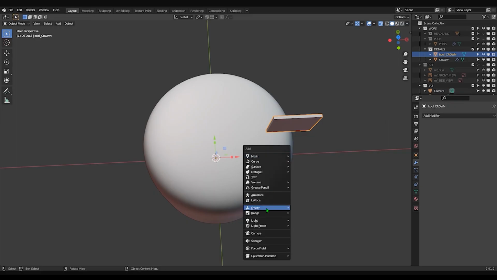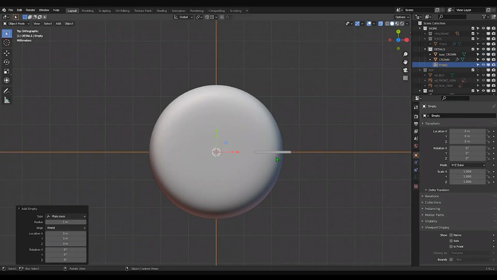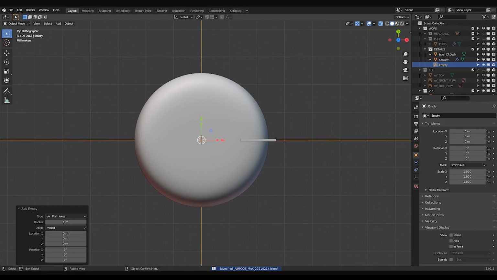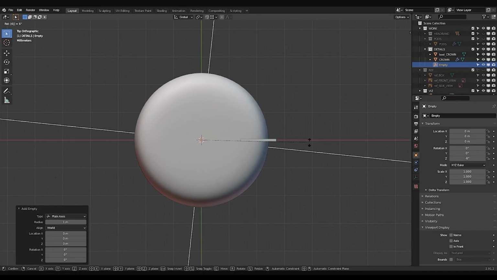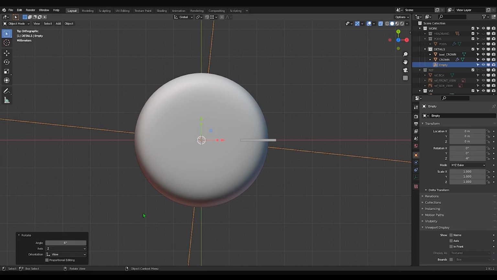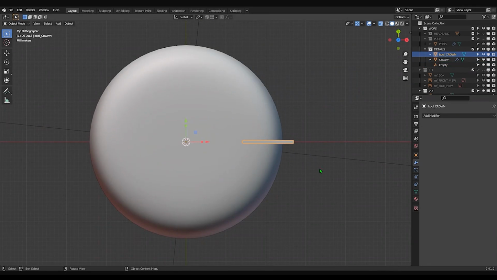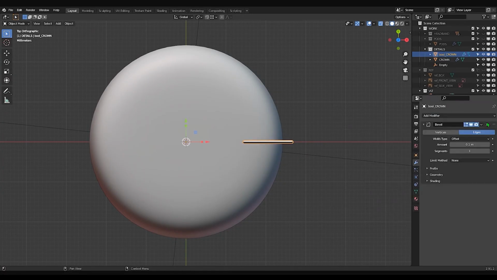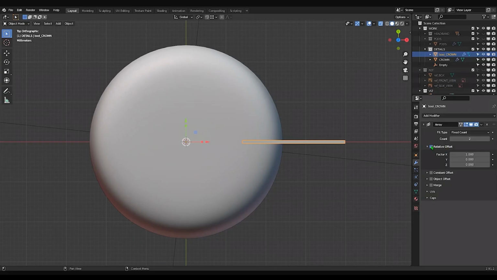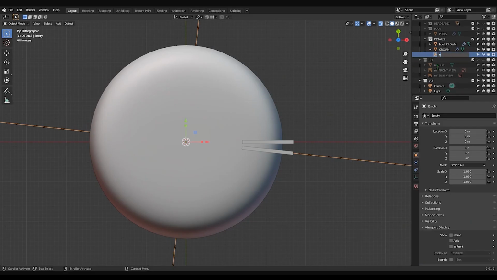And let's add an empty plane axis. Let's not forget to save from time to time. And let's rotate 6 degrees because there will be 60 cuts. So we have to duplicate it 60 times, so 6 degrees every time. Oops, no, not a bevel. We want an array. We don't want a relative offset, but we want an object offset. This one. Let's call the empty